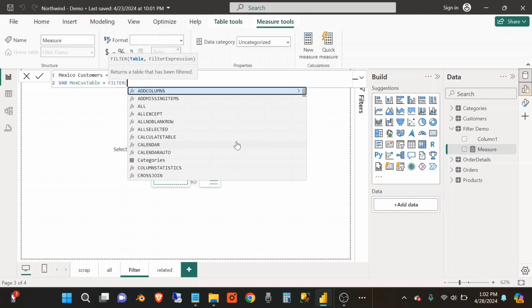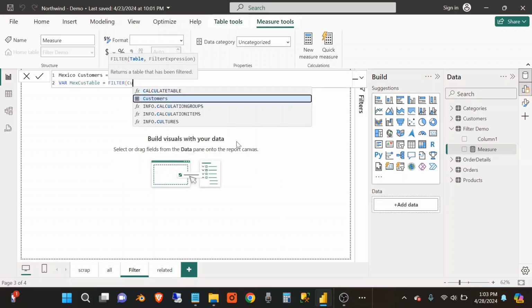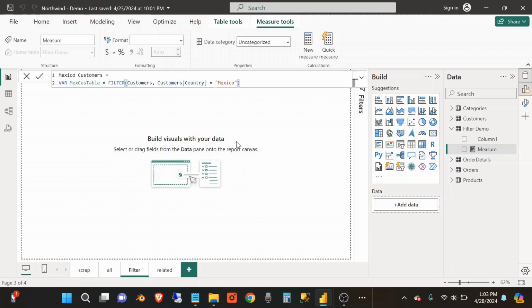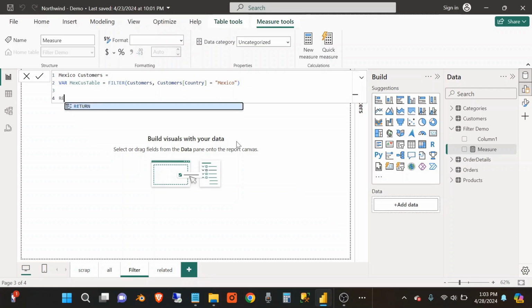The first parameter of the filter function is a table, so we have the customers table, that's where we're going to get our rows from. And then the second parameter is an expression, so this is the condition by which we're going to filter our table. So we're going to say country from the customers table is equal to Mexico. We're going to close parentheses, shift enter to go down a bit, return,